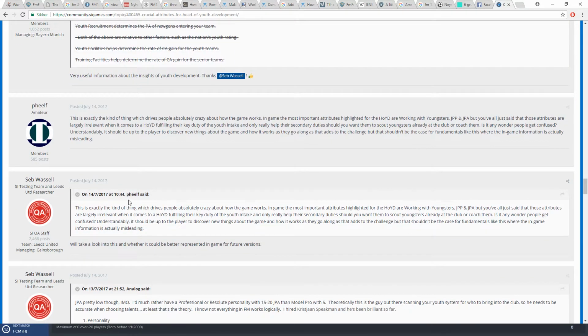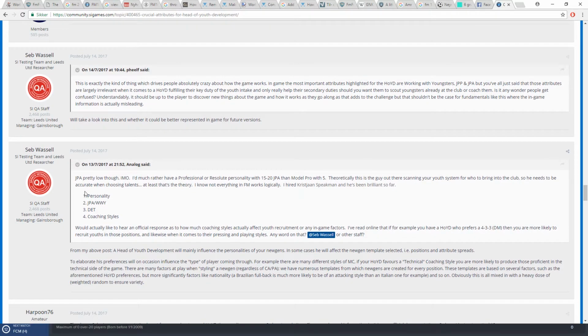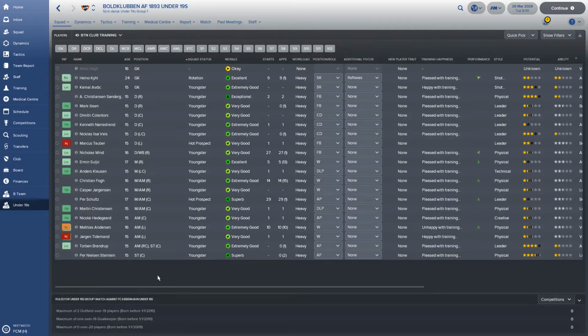And further down here, he clarifies, people are being confused whether they should look at judging player potential, judging player ability, but he actually says that they shouldn't do that. He says it himself right here. And what he's saying is basically that only your under 19 squad is visible in game.